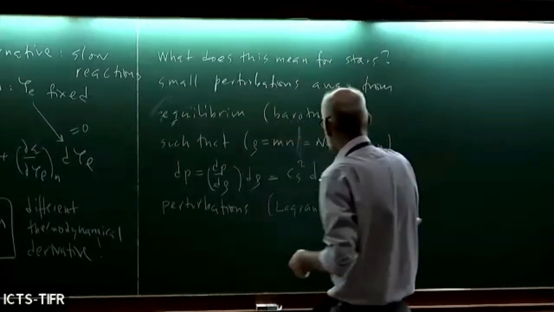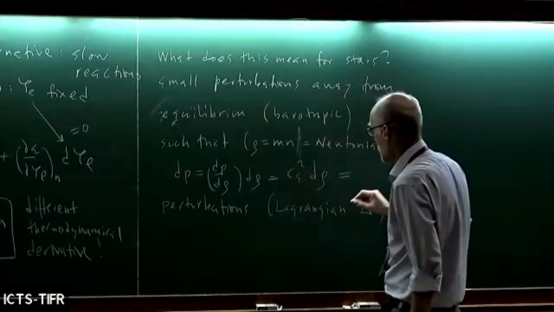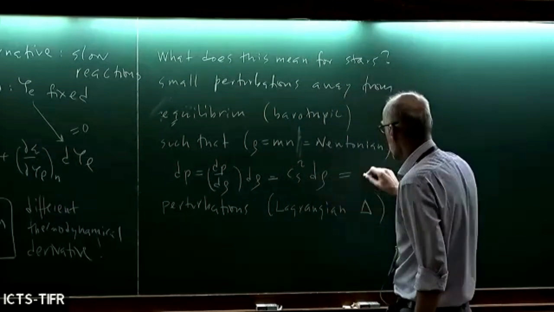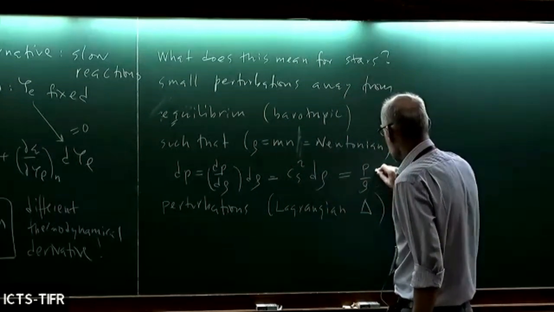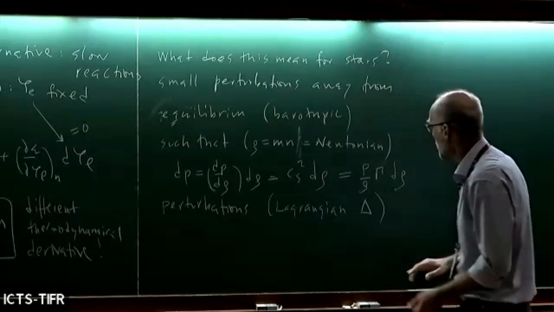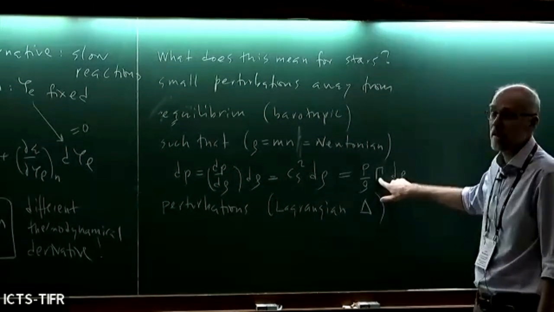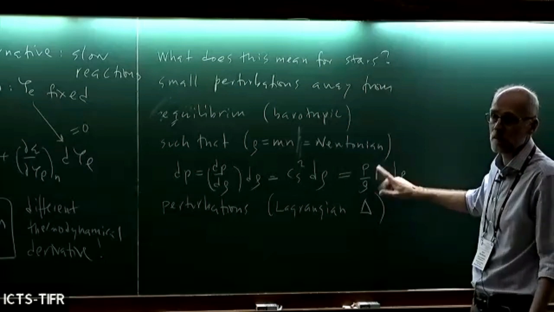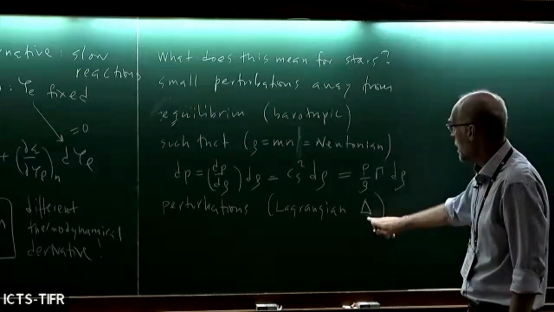Also, I could add, there's another way of writing this, which may be helpful in a minute. Instead of writing c_s squared, something like this, with some number gamma. This is called the adiabatic index. Doesn't matter. Now, for the Lagrangian,